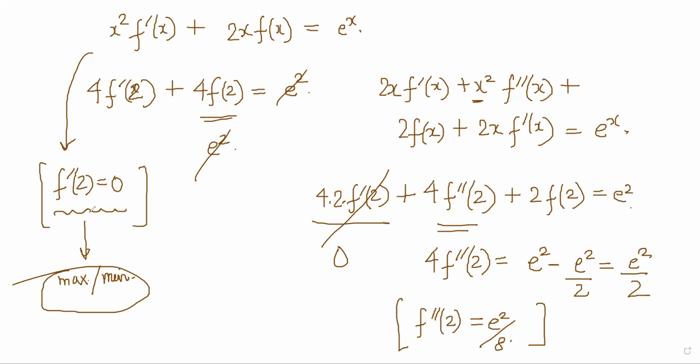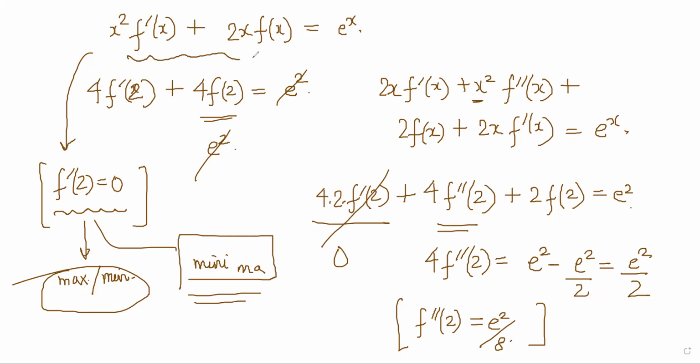So we know for sure that it is a minima here, right? So at least one part of the question you can answer even without knowing the function. So putting 2 is correct. It has a minima. But anyway, we can find the function here, which we'll learn later. So it's fine. We'll move on.